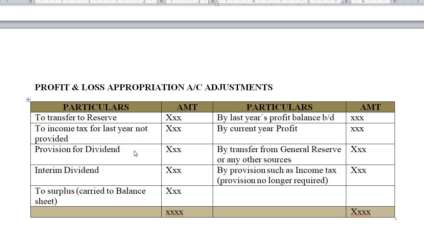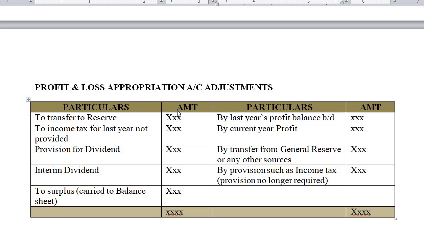Say for example, if you're providing provision for dividend 50,000, for that 50,000 you will have to provide 10% of dividend tax or corporate dividend tax. This corporate dividend tax is charged on all the dividend paid after 1997. So after 1997, whatever dividend amount you're paying, for that particular amount, it is very important to provide corporate dividend